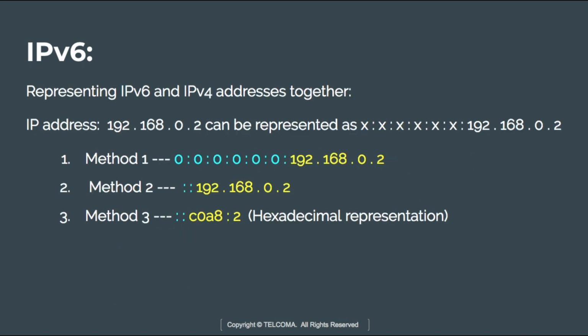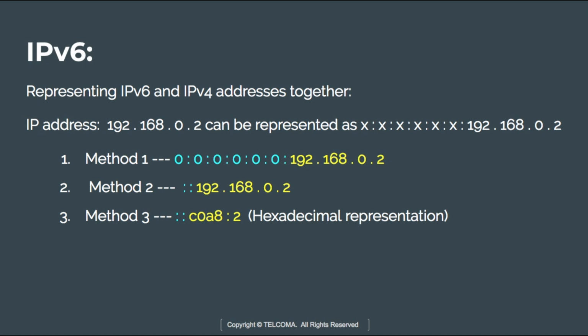Next is representing these addresses together. So IP address, I want to represent the IP address 192.168.0.2 into this combination of address. So method 1, I can write it as 0:0:0:0:0, then 192.168.0.2. The another method is I can represent the double colon in front of this IPv4 address and then